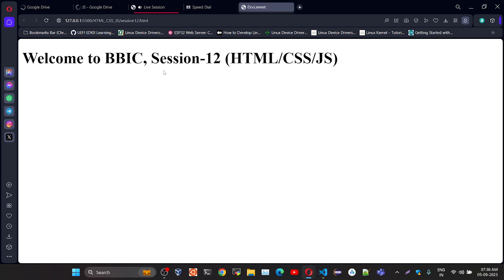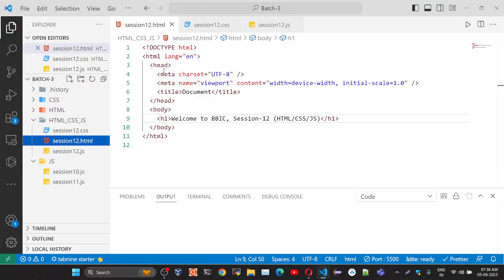Now, as of now, we have learned how to create HTML pages, how to add CSS styling for that, and we have learned JavaScript, how we can use JavaScript, right? Now the thing is, how can we manipulate the HTML elements with the help of JavaScript? For example,